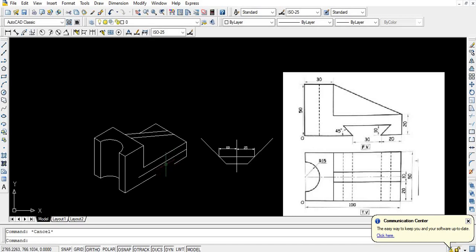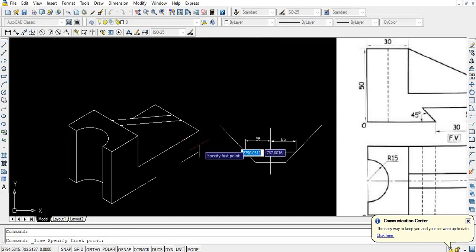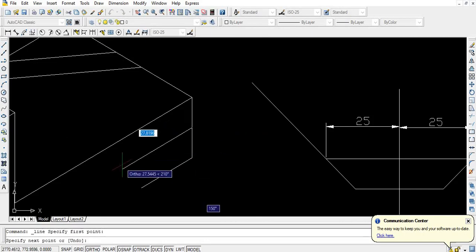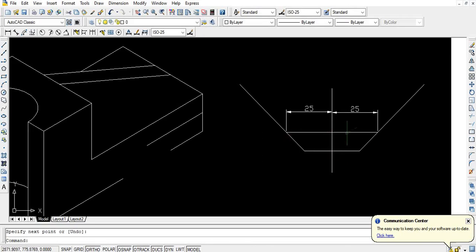so here we have to mark one midpoint. क्योंकि इसको midpoint mark करना है. So we can draw 25 mm this side, 20 mm this side. So इसका midpoint कहाँ पे आएगा? We can see 20 plus this 30. So 20 plus 30 by 2. 30 by 2 is 15. So 15 plus 20, 35. So from this point we have to draw one line of 35 mm. So that is the midpoint of this line.